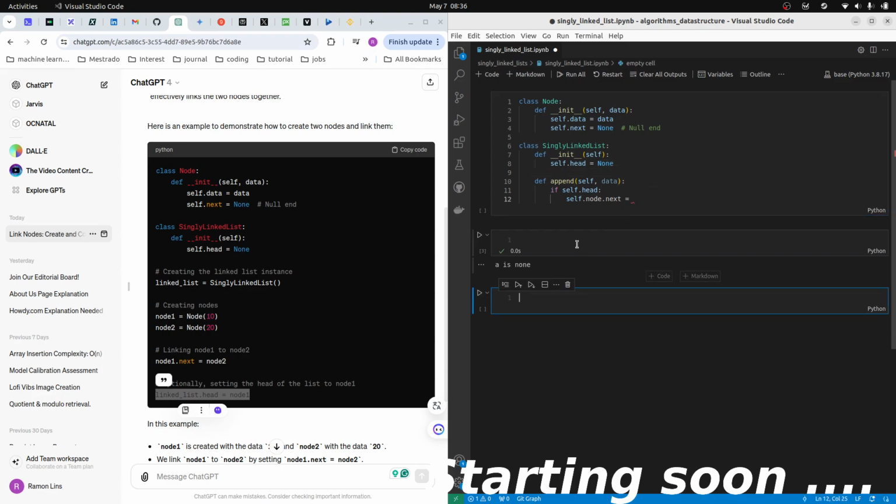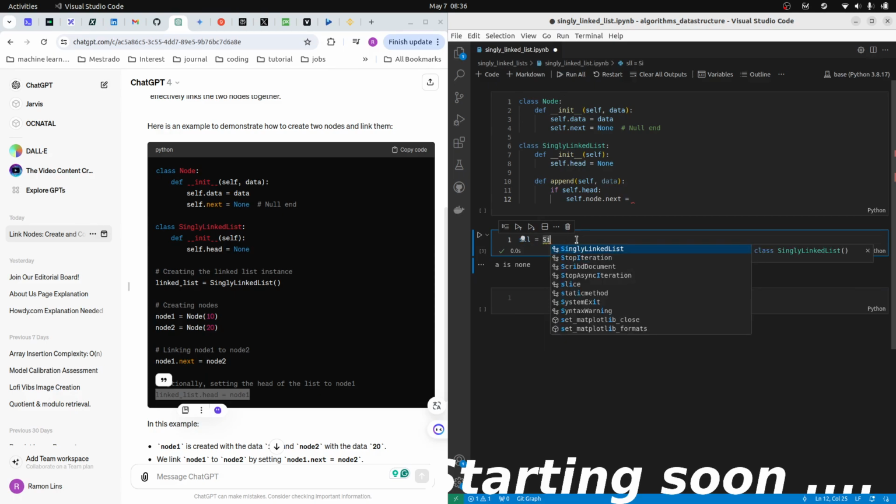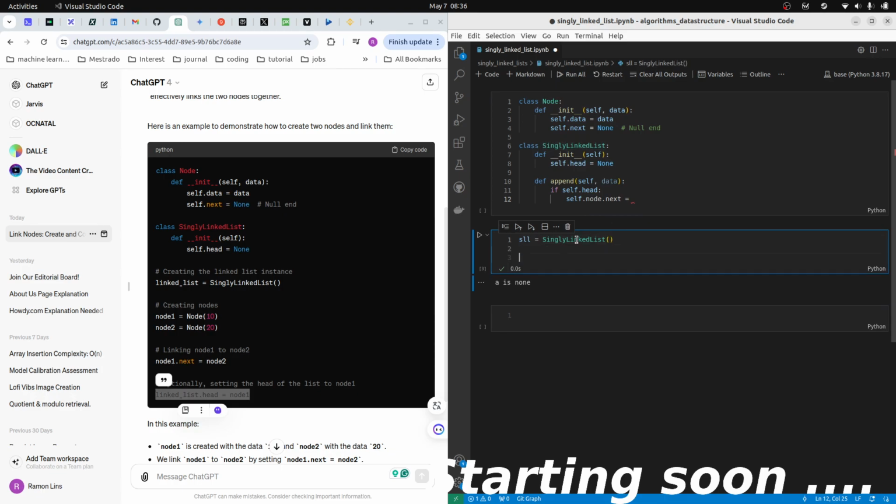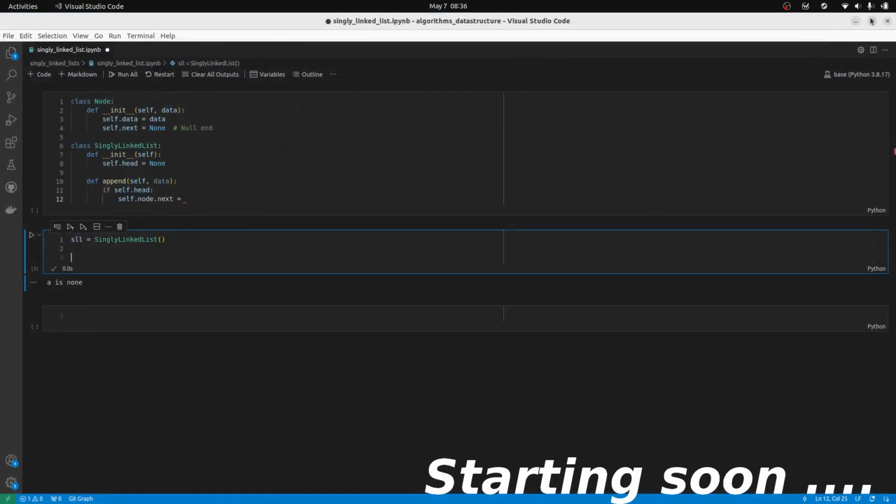So basically what we need to do is create the linked list. So I'm gonna call linked list, single linked list, equal to the instance that I create, the class, and I create this instance. Nice. And after creating the, let's remove here to help us memorize this process. So once they have the